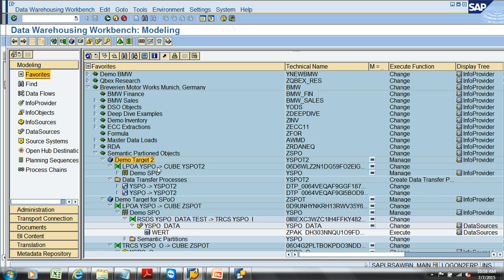But can I activate them in production directly? No. I will do the development in the development box and transport into quality and then production. Because worldwide users are waiting to